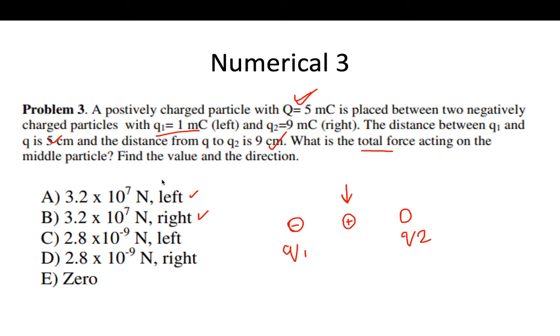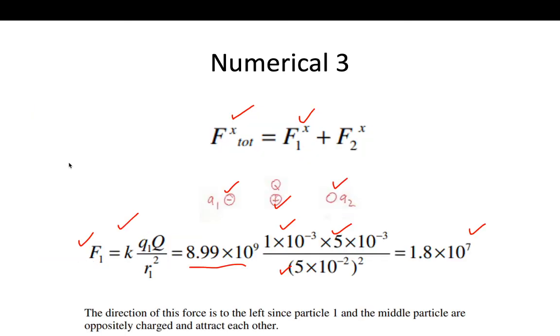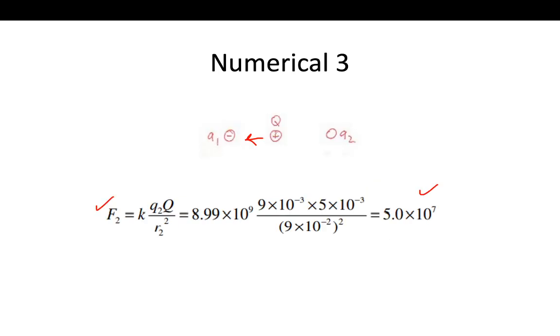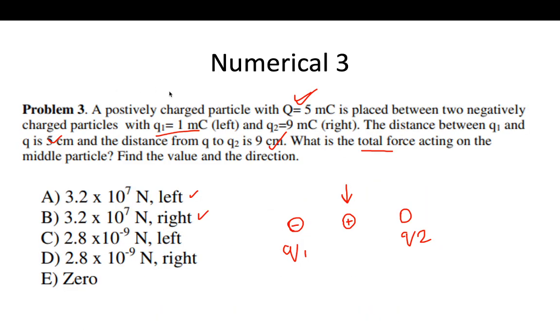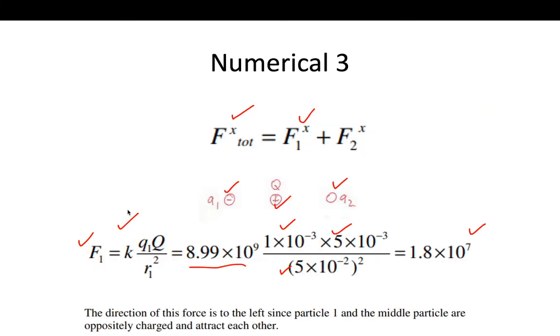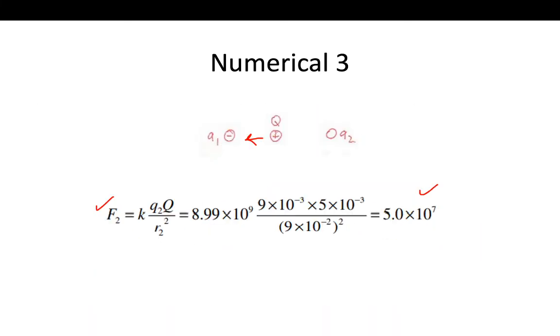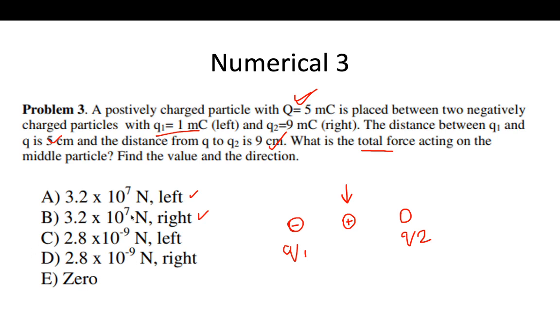In this numerical it seems very complicated, but it is not complicated. Why? Because nothing is used from outside. All these values we put in F1 and F2 are from the given numerical, and we just need to find which one is the Q1 value, which one is the R value, and calculate our answer, and match our answer with the multiple choice given.